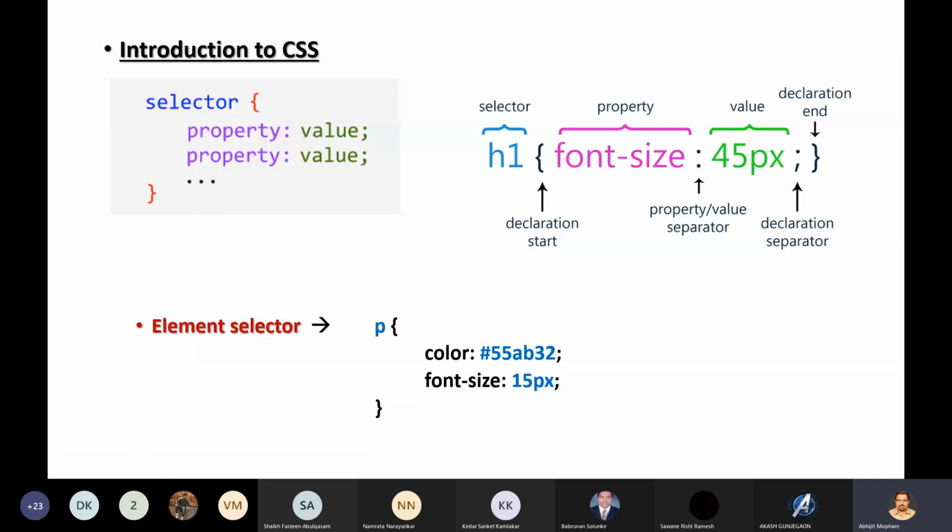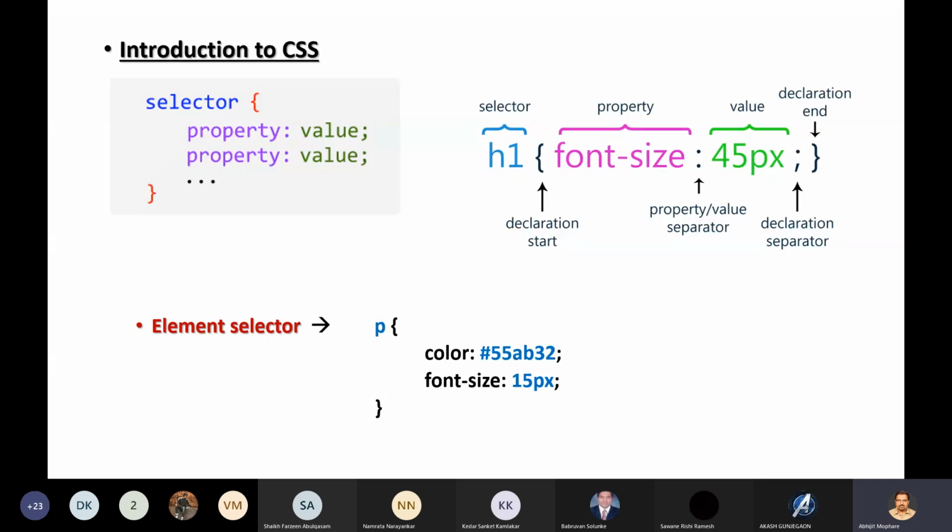So you first specify the selector. Now since we are using the element selector, this will be the name of the HTML element that we are applying style to. And after that, the properties of those elements which we want to assign a value to. So here the property will be color, height, width, margin, padding, border, etc. We'll learn all those properties that we can have for a particular element; this is what this course is all about.